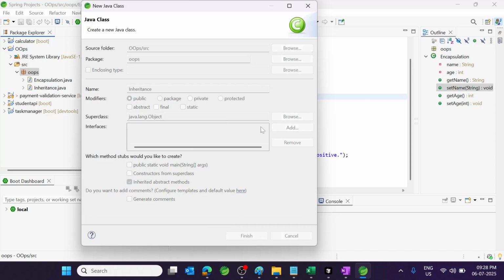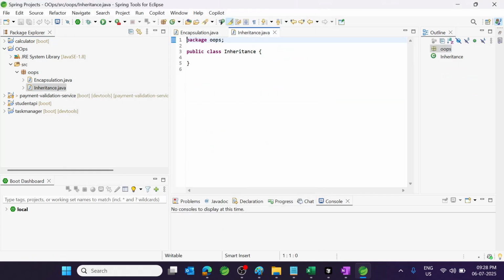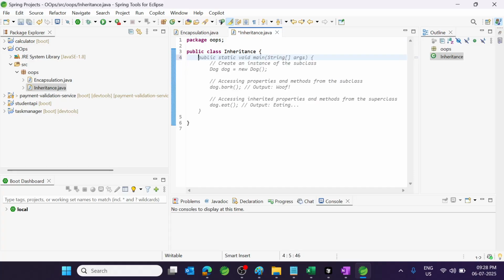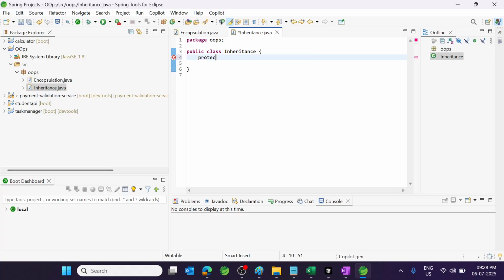Inheritance. Okay. This is a great example for inheritance. Let's create a protected variable. This is the protected data. We'll create a public void method